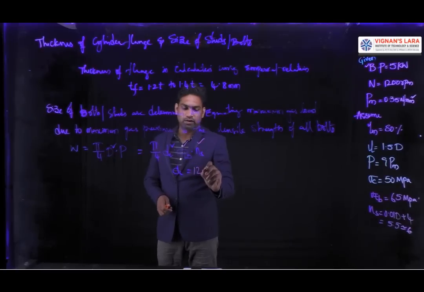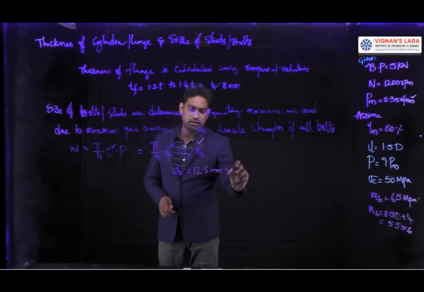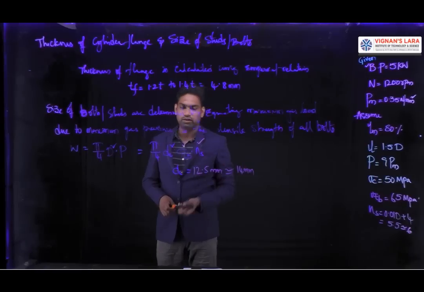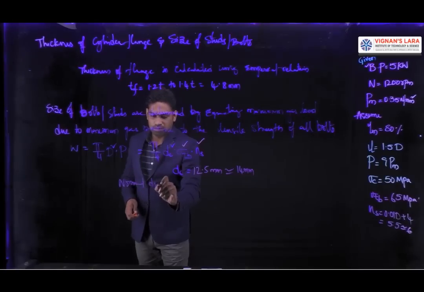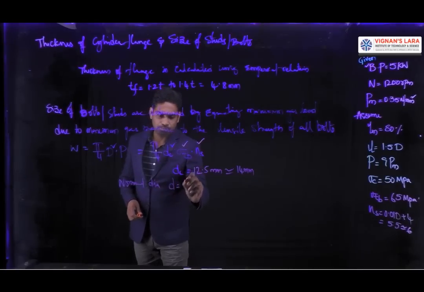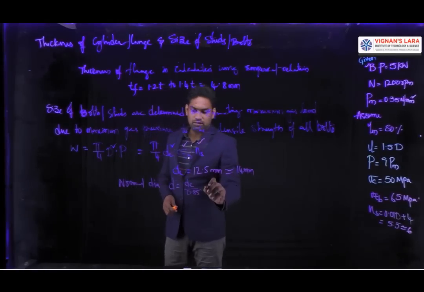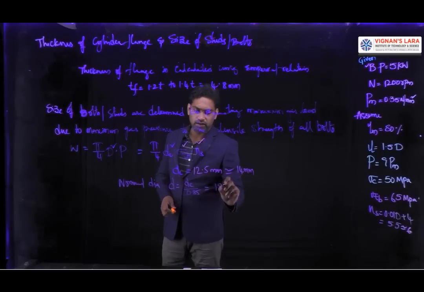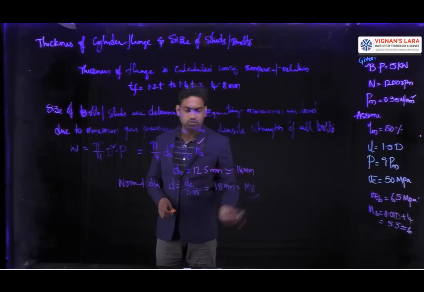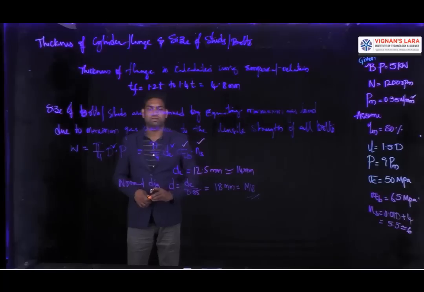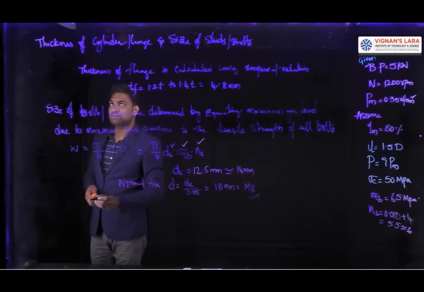It is given 12.5 mm, so I can take this as a value of 14 mm, and the nominal diameter we need to calculate after that. So nominal diameter of bolts D is given by DC by 0.85 or 1.2 into DC. So you may get 16.5, so I can take M18 bolts. So that is the size of bolts or studs I can calculate. So that is step number 3. After that you need to find the thickness of cylinder wall, that is step number 4.